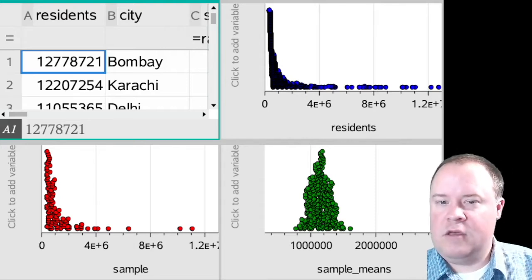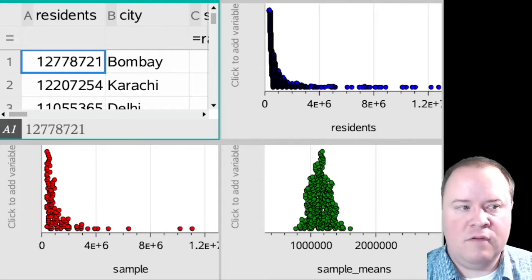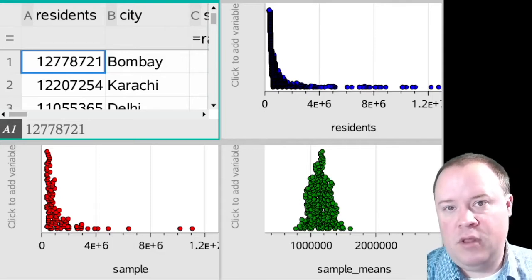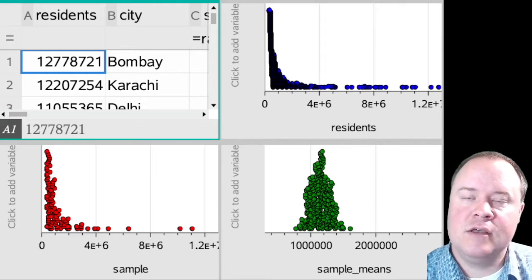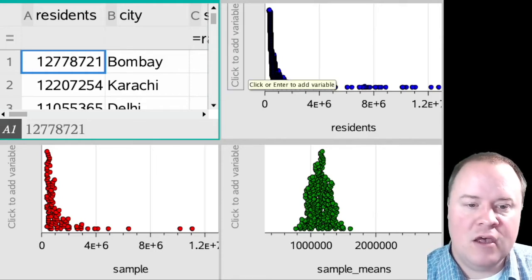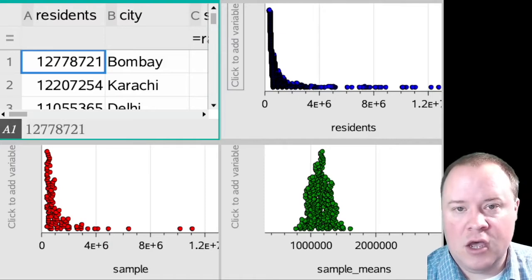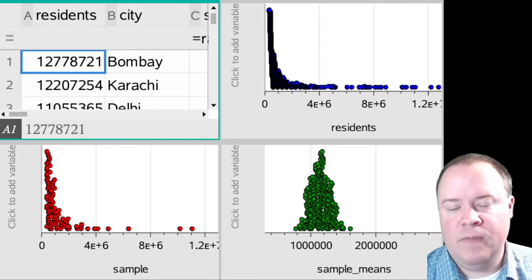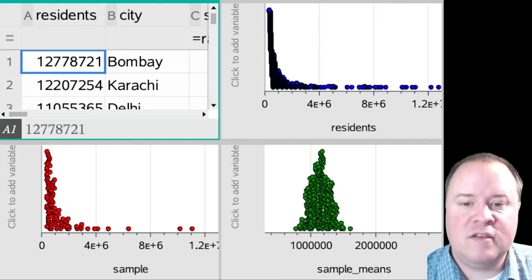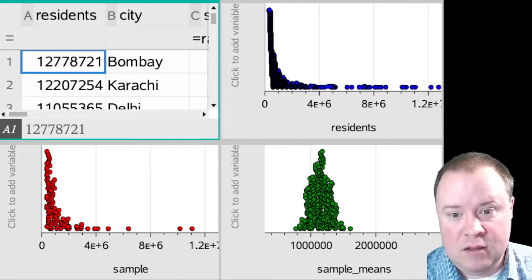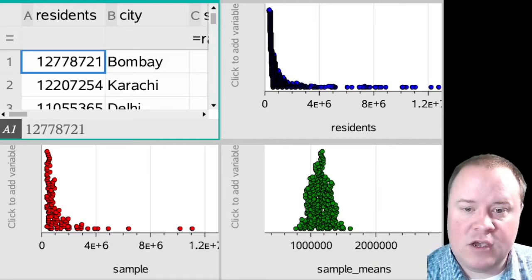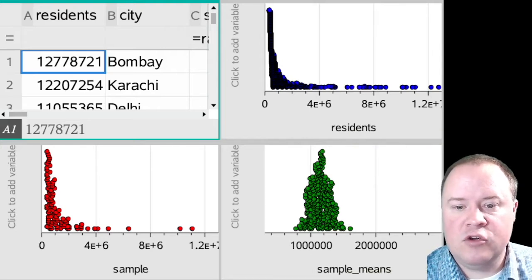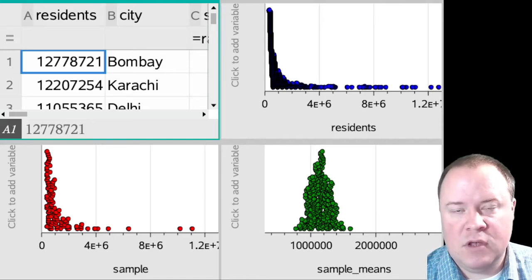So one of the things that I hope you noticed is that on the left side, the distribution of each sample of 100 did look pretty similar to the actual distribution. It pretty much stayed that way. Sometimes the tail was shorter, sometimes it was longer, but it mostly stayed like that. And then on the right side, look at what has happened now. It's almost as if the distribution is pointing us toward the mean. It's highly symmetric. The distribution is much narrower in range,